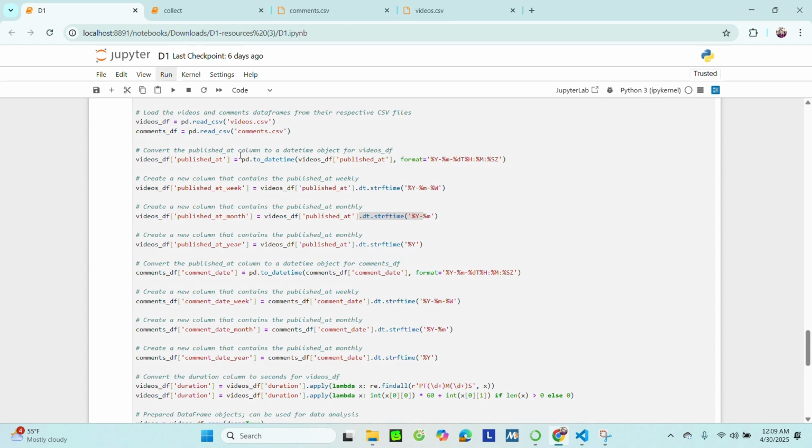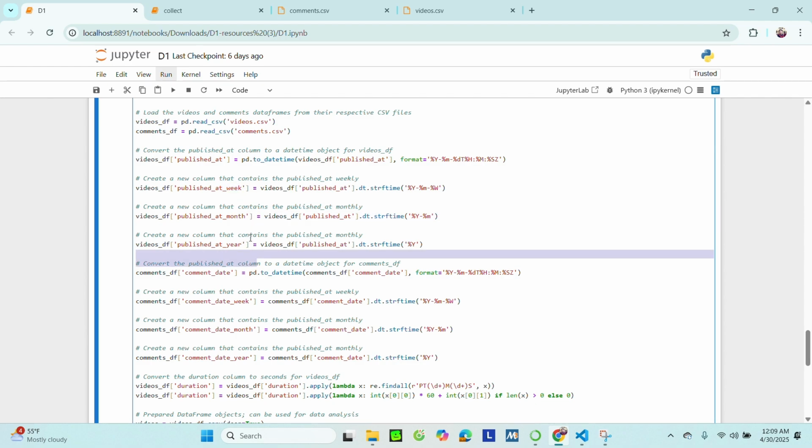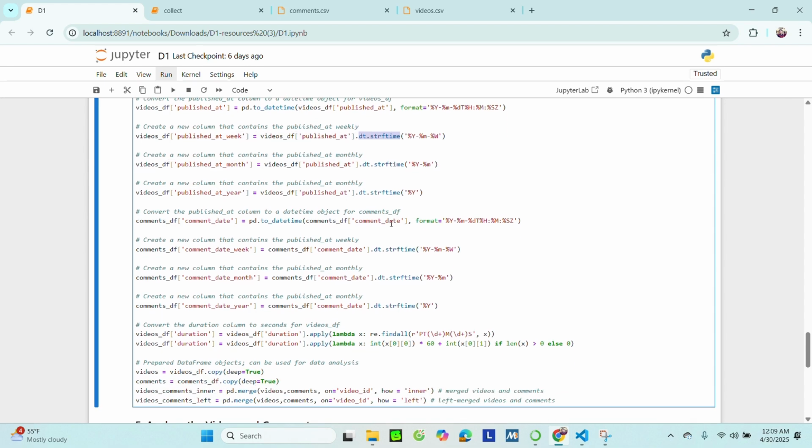in this part, to enable time-based analysis, I convert the published date and the comment date columns to datetime format using this command right here, pd.to_datetime. Then I extract new columns like week, month and year from those dates using this dt accessor. And additionally, I convert